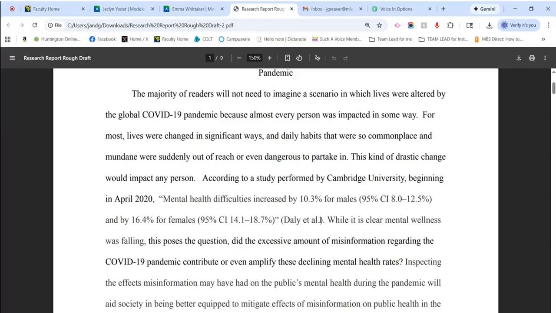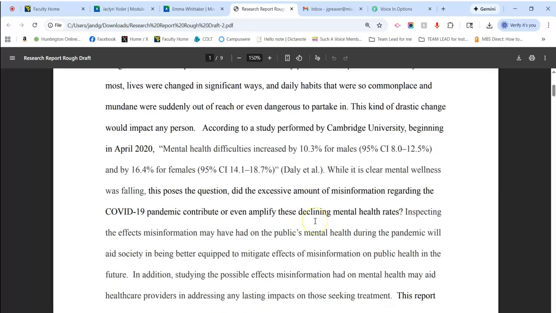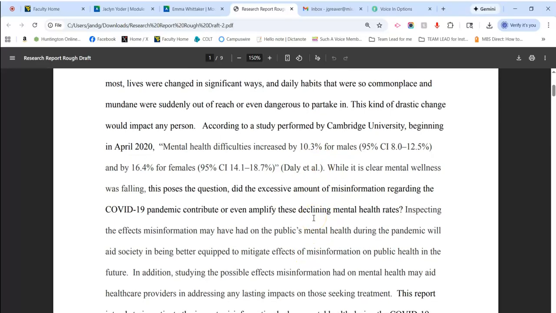Now, if you don't have page numbering and you need to put a paragraph number in there, then you would put a comma after the et al. period. You'd put a comma there, and then you would put par with a little p, par period, and then a space, and then the paragraph number, 2, 3, whatever it is. So that's how you do that. You just want to make sure you do that for all of your entries.